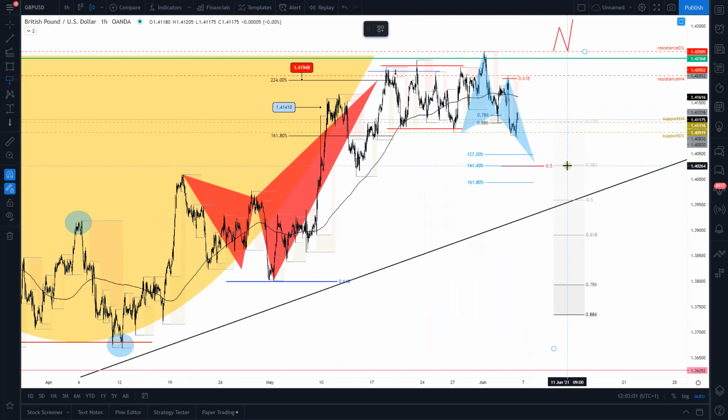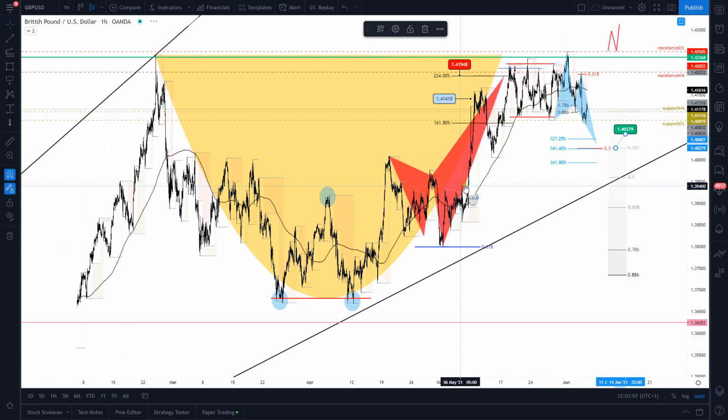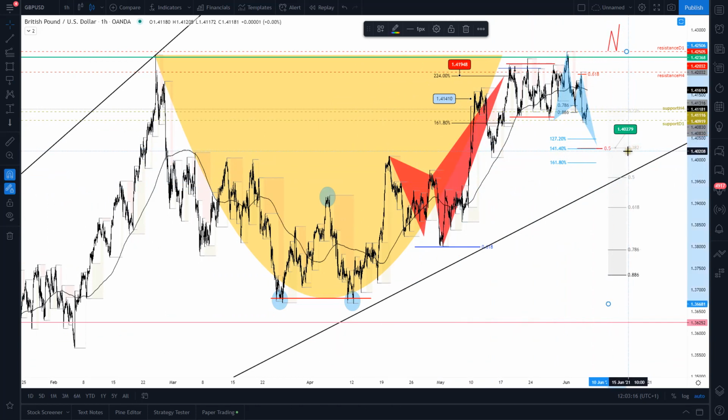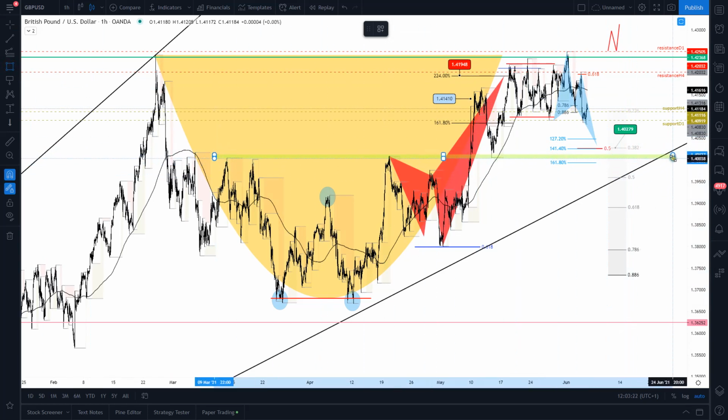So let's tag this 38% Fibonacci level, 140.27. So that's what it is. 127, 141% Fibonacci extension, 50% and 38. Nice convergence there. Of course, we don't need to mention that we are also